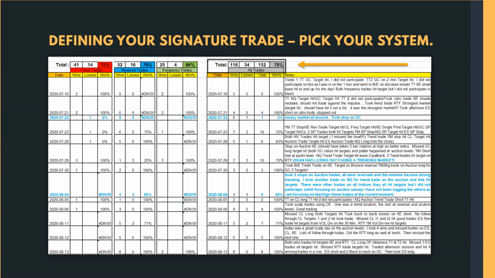Well, let me explain a few things. You could be trend trading pullbacks, or you could be trend trading auctions. You could be trend trading order flow, or you could be trend trading supply and demand. Okay, what about reversal trading? You could be reversal trading profiles, reversal trading support and resistance, reversal trading a lot of different things, right? What if I told you that just because you think you're a one trader, you didn't realize that there was a completely different way of trading that you could be so much better at,